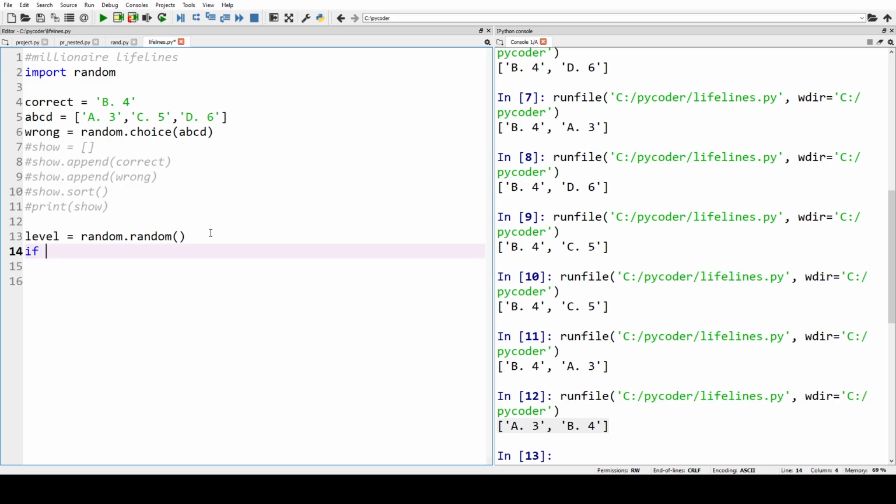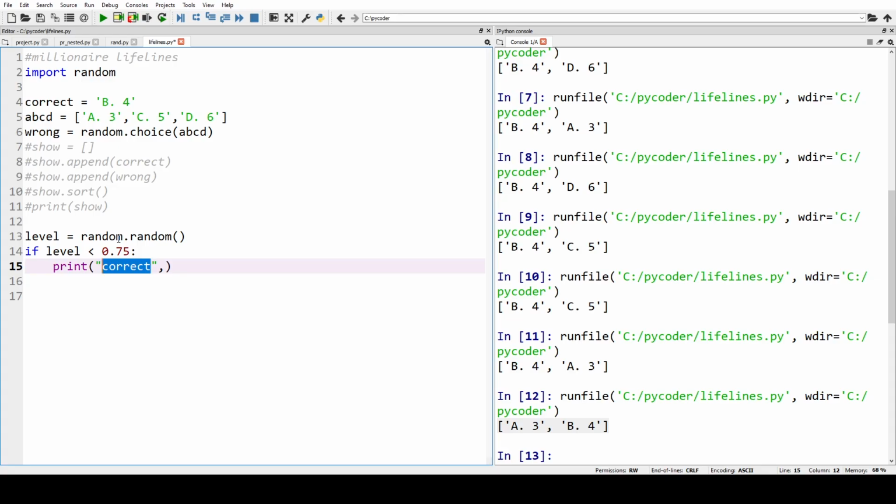If our level was less than 0.75, which would be 75%, then that would be correct. So we would say print correct, and we wouldn't actually print the word correct, but let's say